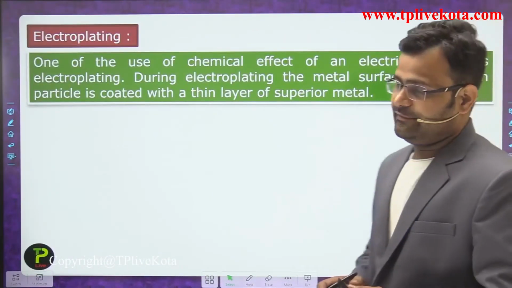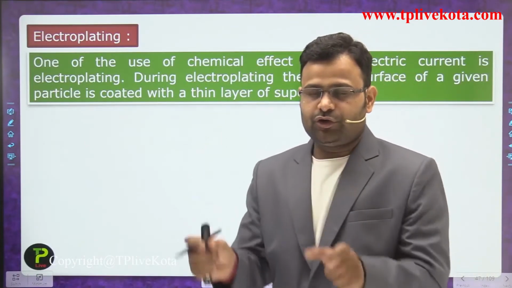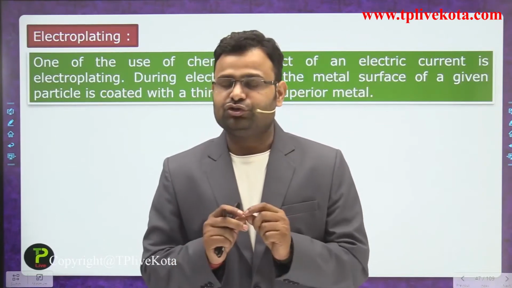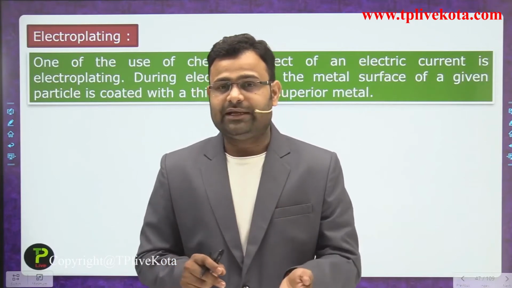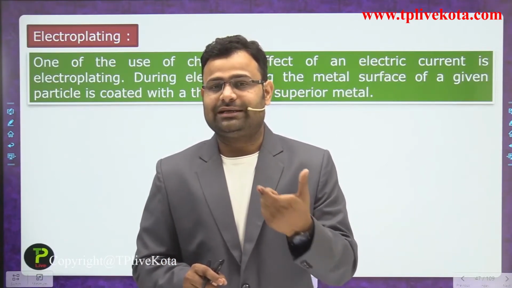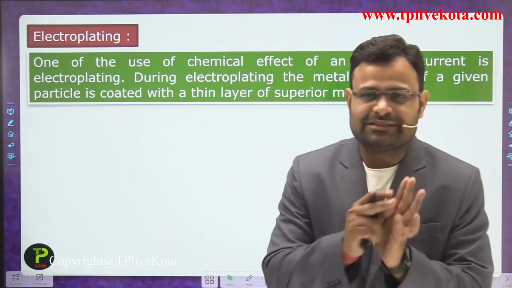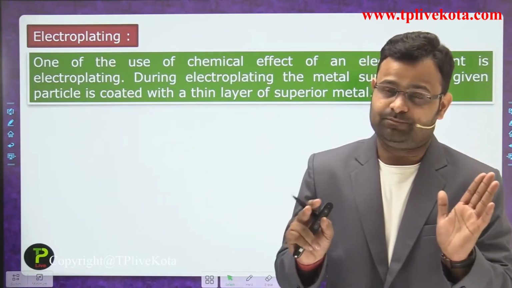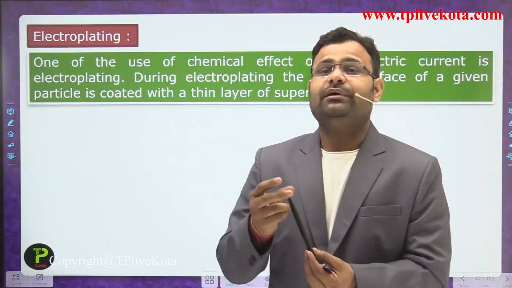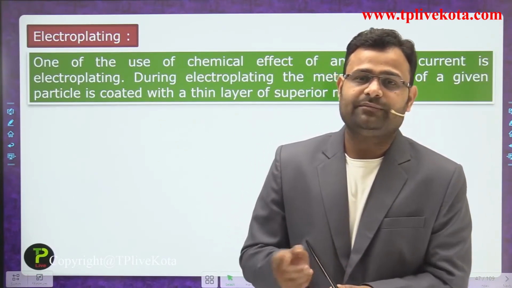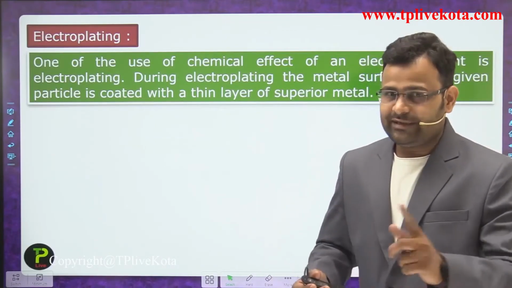Now electroplating. What is the principle behind electroplating? We take two electrodes and an electrolyte solution, and when current is passing through that process, one metal is covered, coated by another metal. One material is coated by another material. That is the simple meaning of electroplating. Let's suppose there is a material of iron and the coating is some silver or gold, that is electroplating. And at present most things are made of one material and coated with a different material.